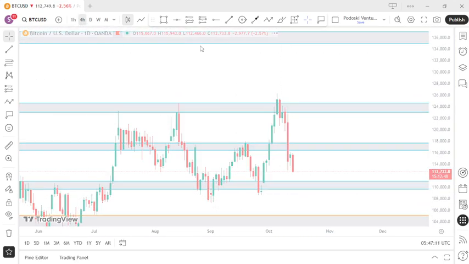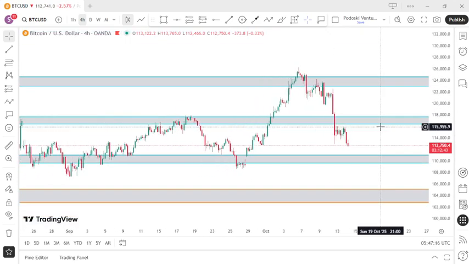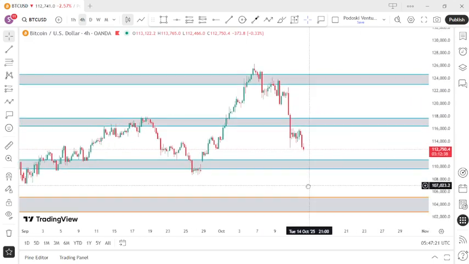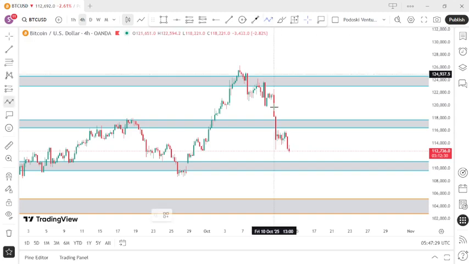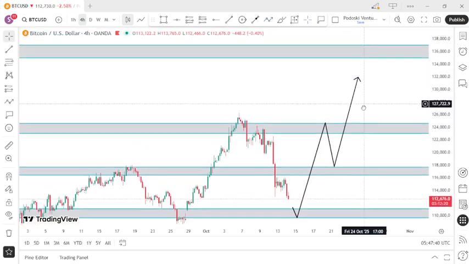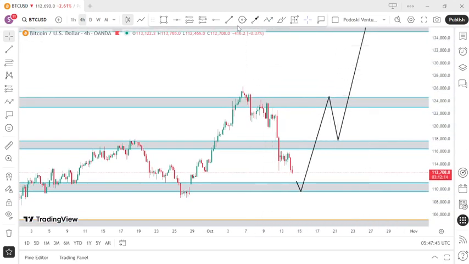The second scenario is on the 4-hour time frame. Okay, just realized it's the same. So yes, on the 4-hour also we are expecting price should come down for the daily zone, give us a candle confirmation, then we buy all the way to the upside on BTCUSD. So this is the complete analysis on BTC,